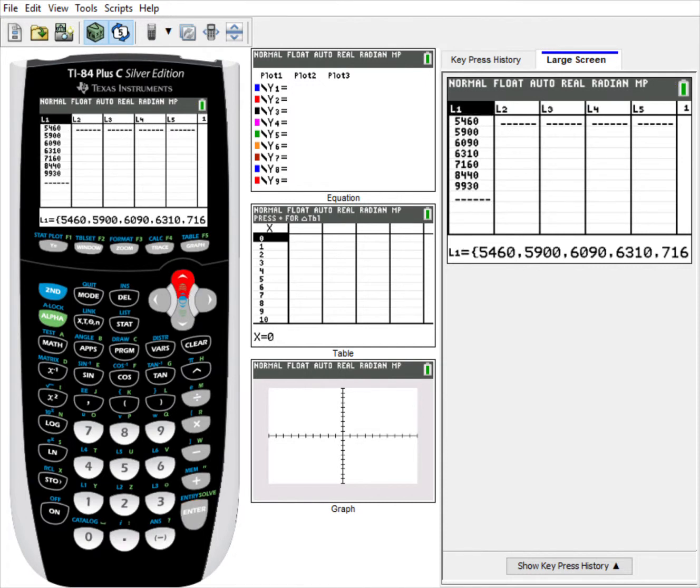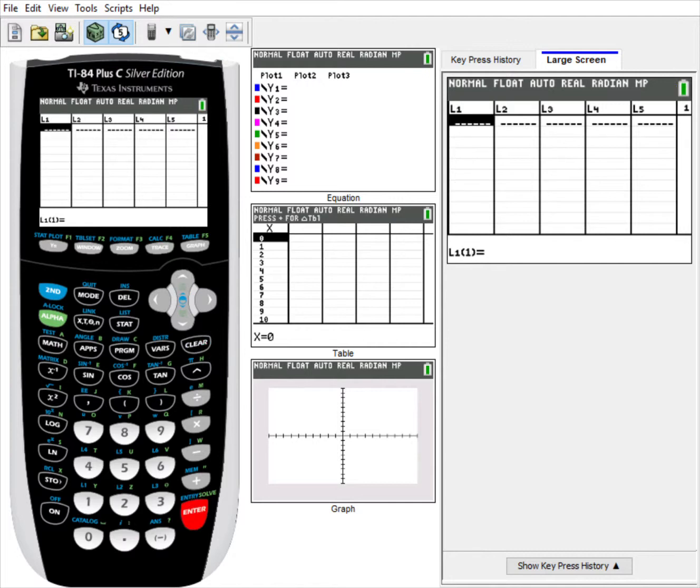If you already have something in L1, go up to L1, push clear and then enter. It'll clear the list for you. And then you can enter 7, 4, 6, 8, 9, 9, 5, 6, 2, 7, 10, and 9. Quit this menu,